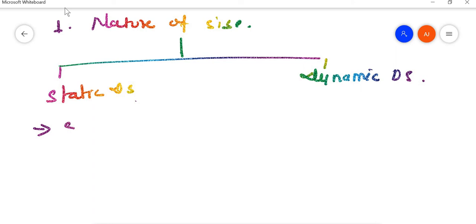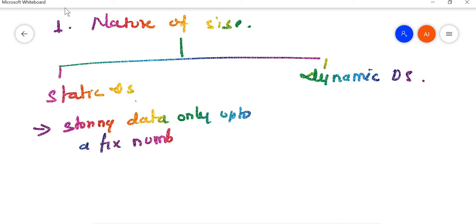For example, if you have studied C programming, if we initialize the size of an array, it is fixed. We can store data only up to that size. So the example is array.